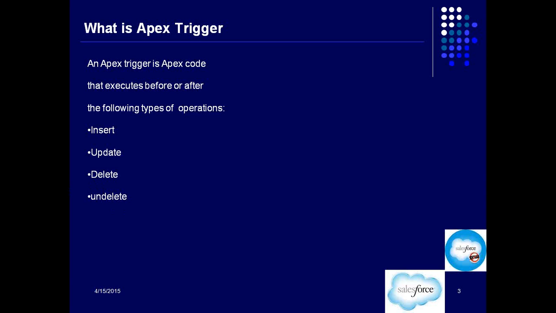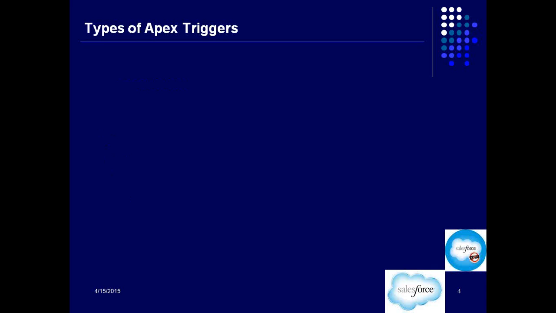During data management we discussed that if you delete something, it goes into the recycle bin, it's by default not permanently deleted. So something which is in the recycle bin can be undeleted, alright? Only data which is in the recycle bin can be undeleted. Other data which has been permanently deleted cannot be undeleted, right? So that's about an Apex trigger. The basic definition of an Apex trigger is code that gets executed before or after these operations. Okay. There are two types of Apex triggers.